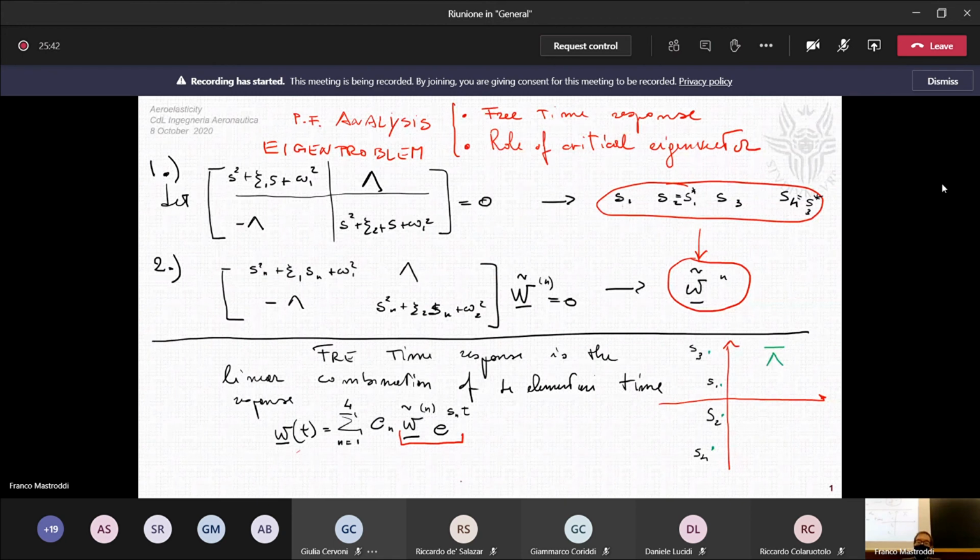And therefore here in this combination you have, for example, C1 W tilde 1 by e to the power S1t plus